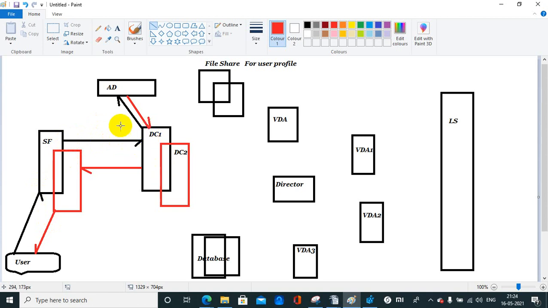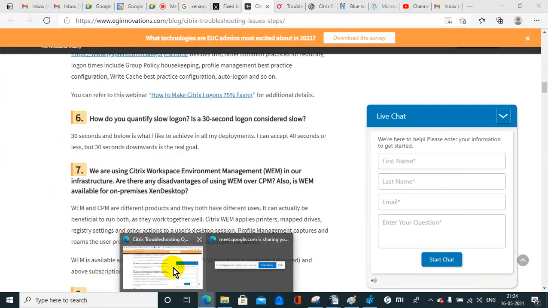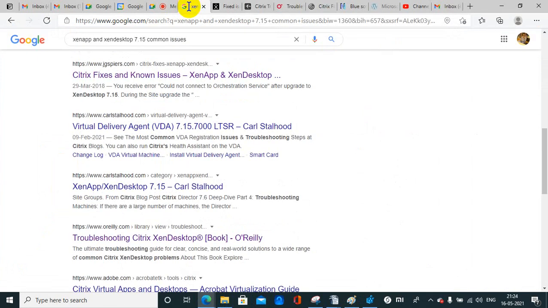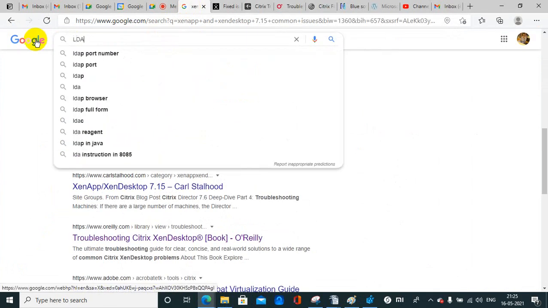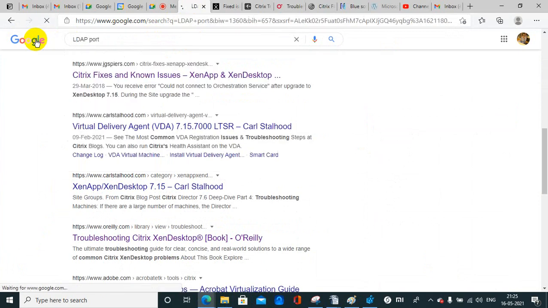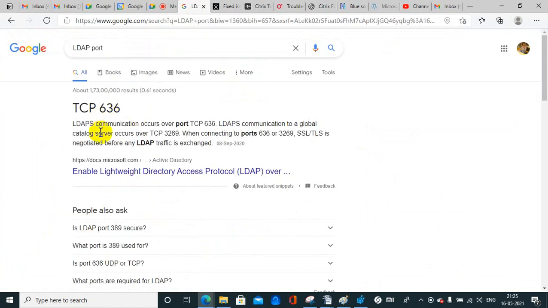This one is 389, the Active Directory LDAP port. What is LDAP? LDAP is a Windows protocol, the Lightweight Directory Access Protocol. You can search for it. Also, you can find the LDAP port, TCP.